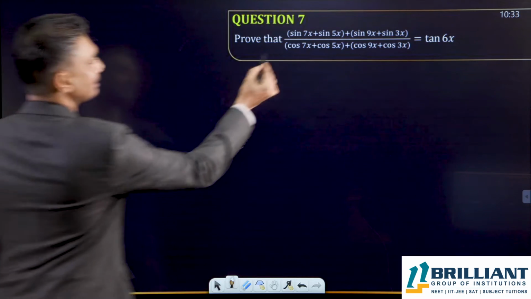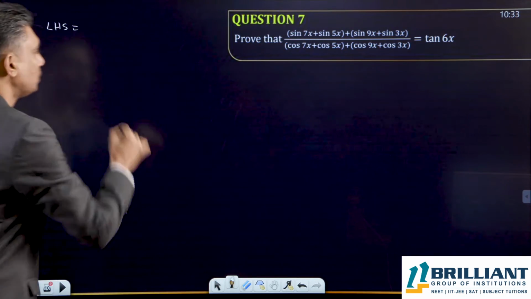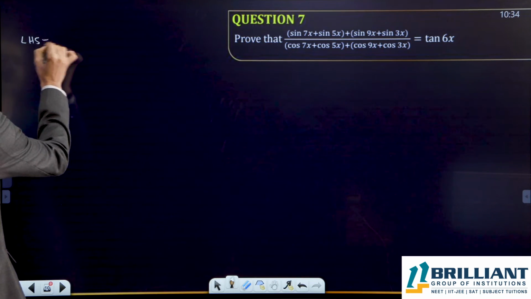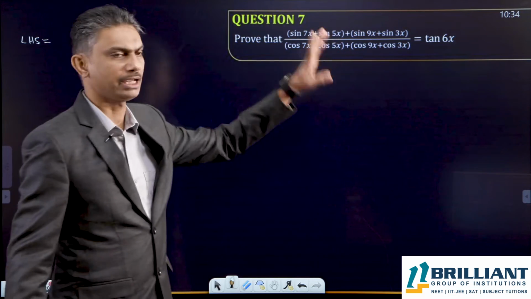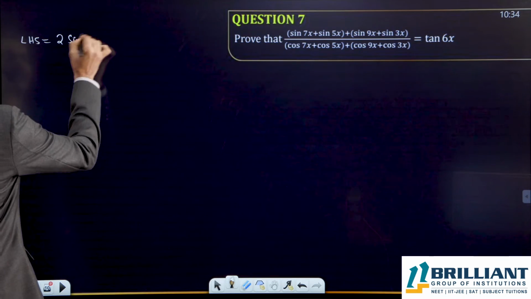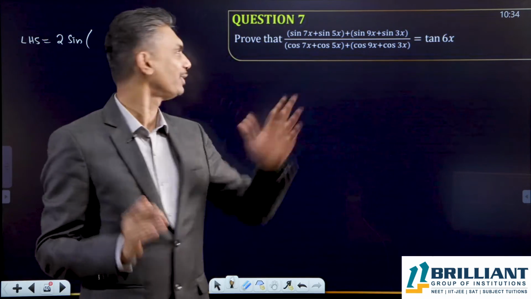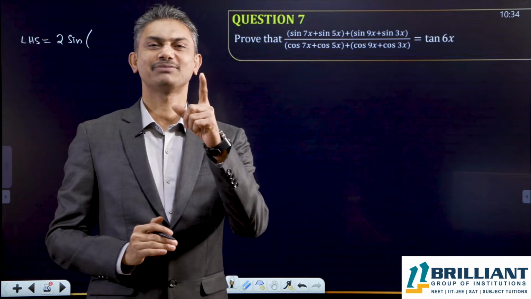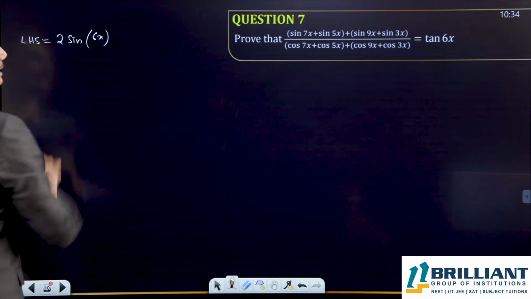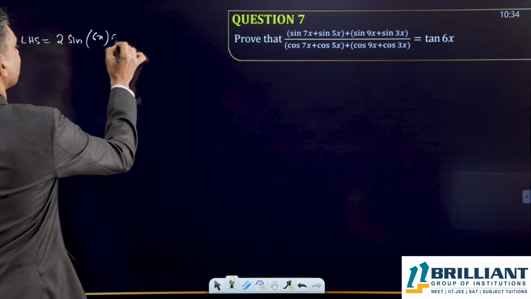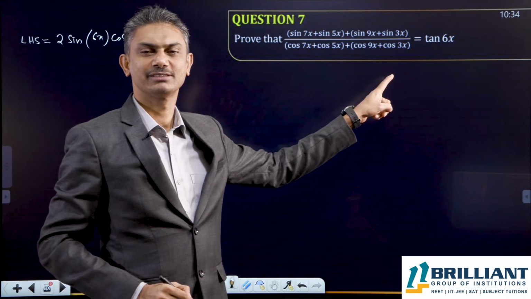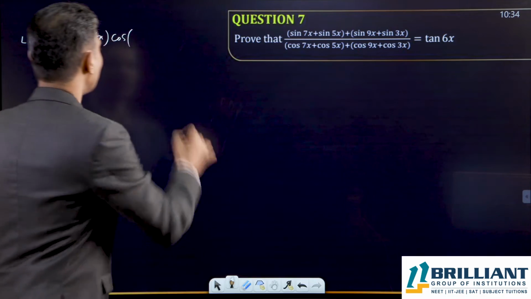See here, I can write sin x plus sin 2x... LHS is equal to, what is sin plus sin? 2 sin (c plus d) by 2. What is c plus d? 7x plus 5x. What is 7 plus 5? 12. 12 by 2 means what? 6x, into cos (7x minus 5x), 2x by 2, into cos x,